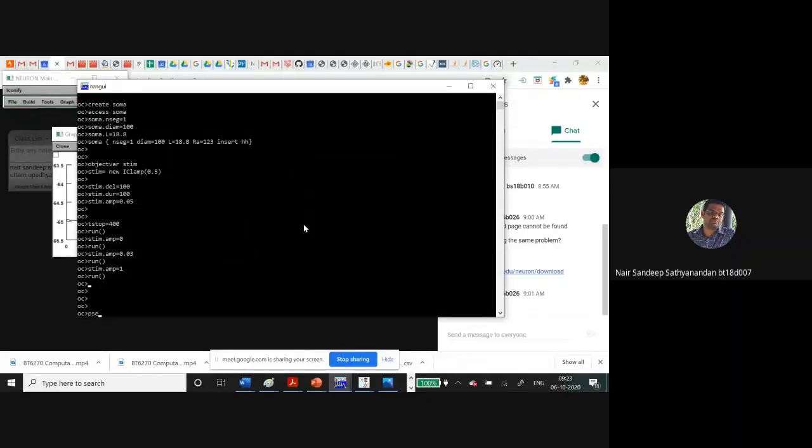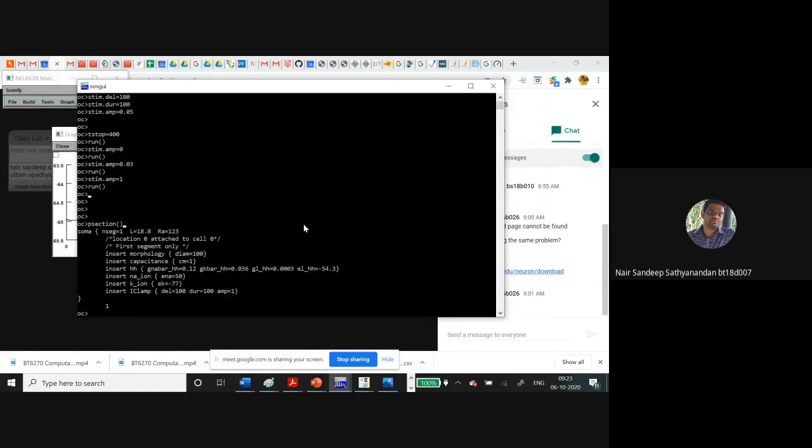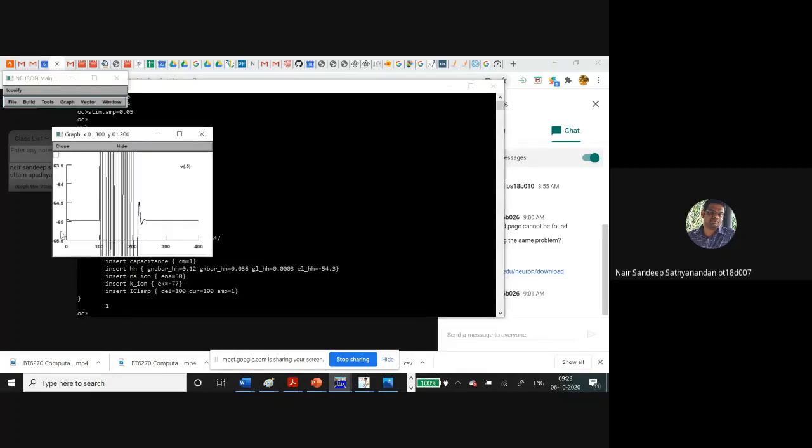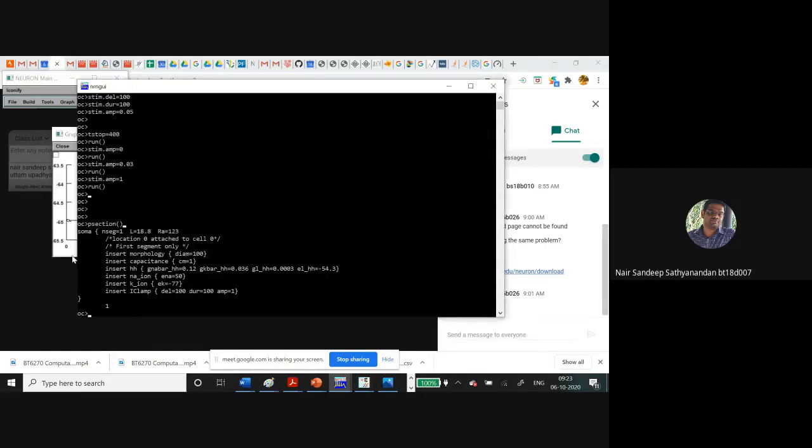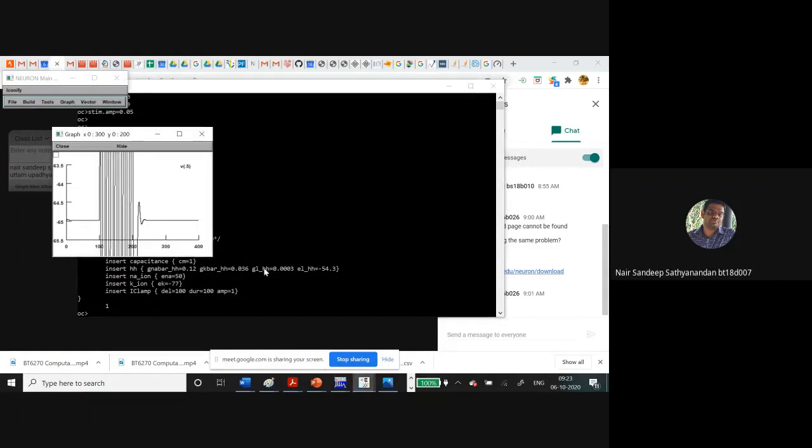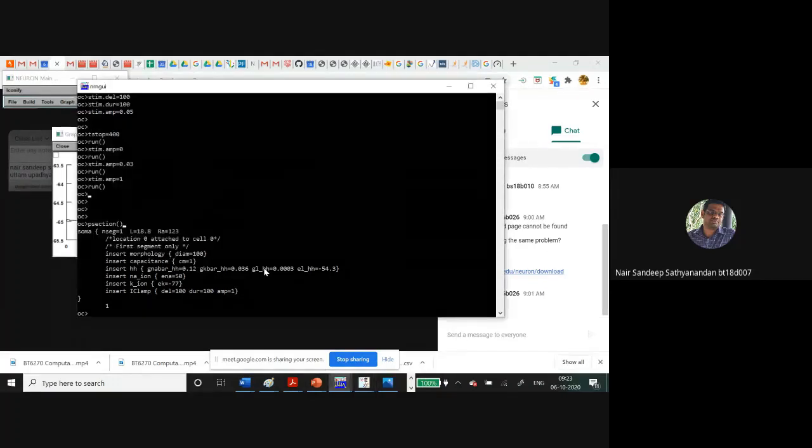In fact, if you enter psection, it will display the properties of this particular soma. And now you see that there is an action potential. Now we said that we can modify the membrane properties of this neuron. So let us try that out.